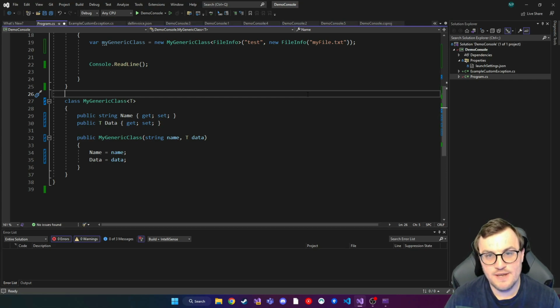Boxing can be expensive, whereas with a generic list or a generic class or using generics in general, there is no need for boxing or unboxing, and so you get some performance benefits from that. So as long as you know specifically what type you need to use, then generics are probably the way to go. There's probably a million other use cases for generics that I haven't talked about,